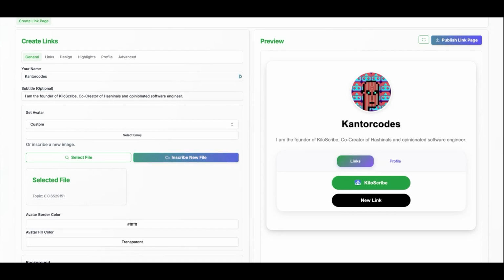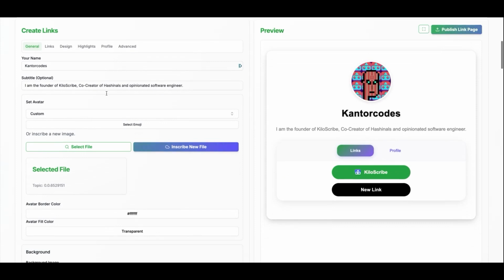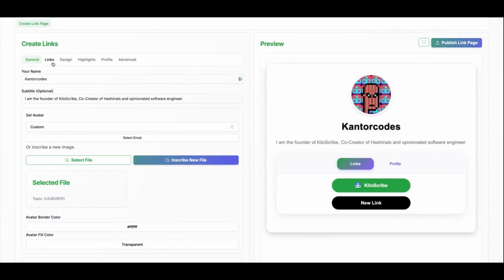But instead of it being stored on a Web2 server, all of the content for your links is stored 100% on HCS-1 topic IDs. What that means essentially is you can go and inscribe your link in bio, put it on HCS, and now if Kiloscribe burns to the ground one day or whatever, that file is still there and you can go and reuse it and import it into any application that successfully implements the HCS-1 SDK, CDN, sorry. And through the link in bio tool, you can go and create your links.